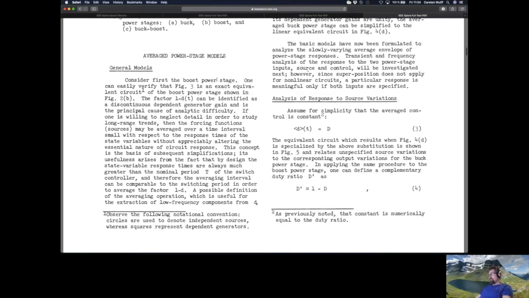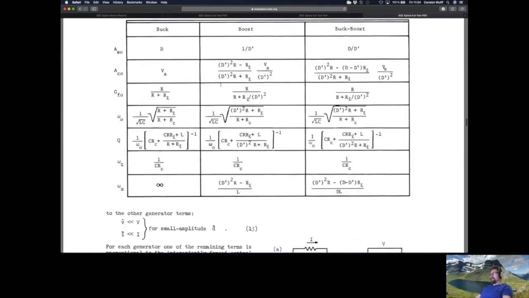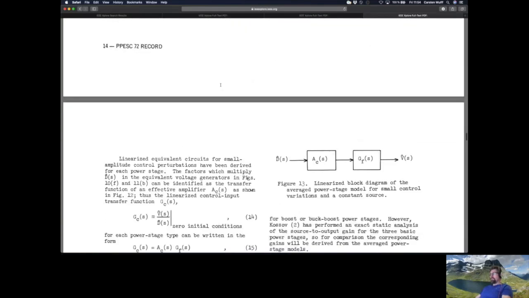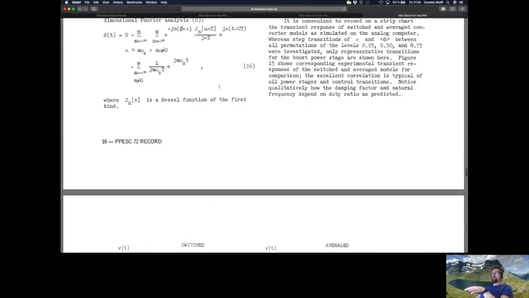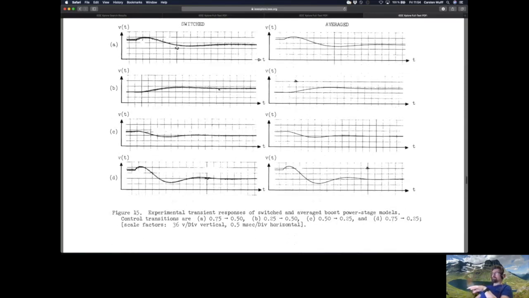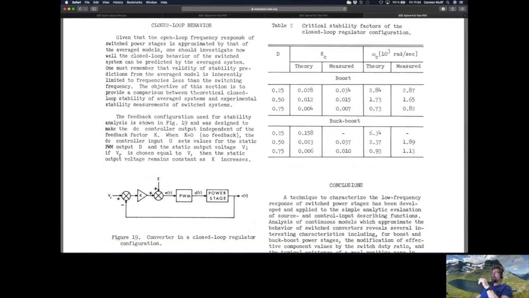But this is probably one of the first papers on bucks, and the good thing about these types of papers is that they will explain the fundamental theory very well. While if we go the other end,